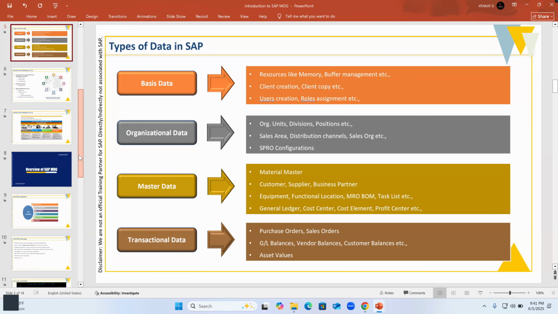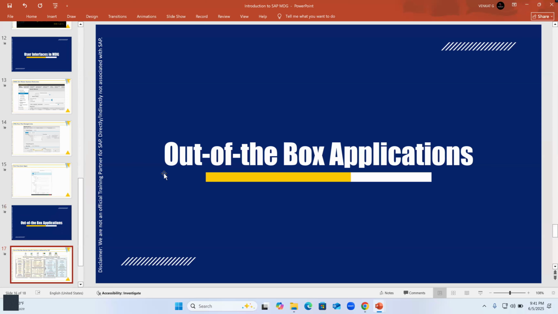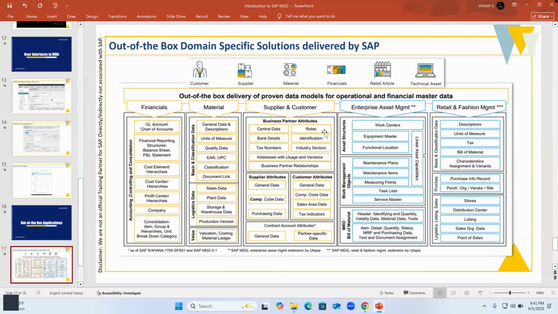So, what kind of master data can be handled by the MDG tool? These are all the various master data that we can handle in MDG. Financial master data, which has something called GL account, cost center, profit center, company, reporting structures, internal orders. Everything is master data. And material master, which has various data segments: material header data, classification data, characteristics data, plant